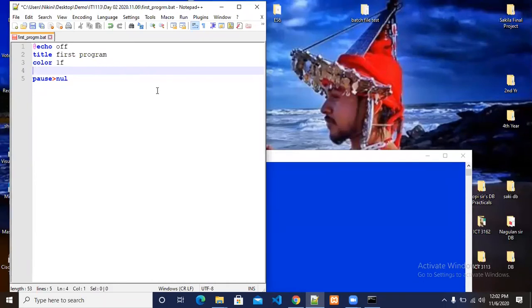That's why every time I need to double click it. If you create an entire program at once, then you can execute it by double clicking the batch file. Because now I'm going step by step, I want to type it, save it, and click. If you are capable of doing the entire program, you can just type the program at once and then double click, and you can get the output.